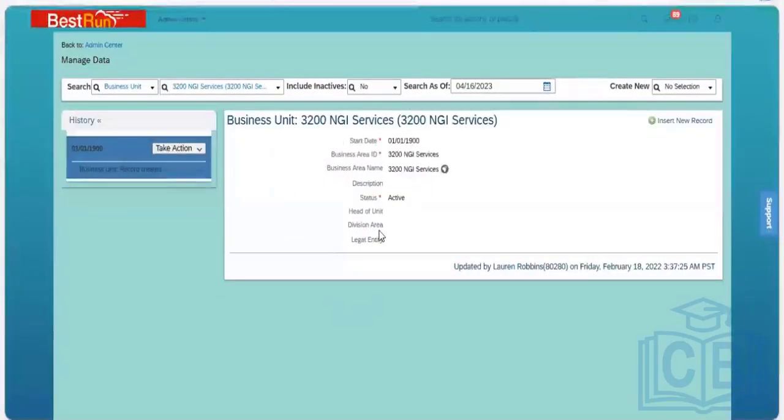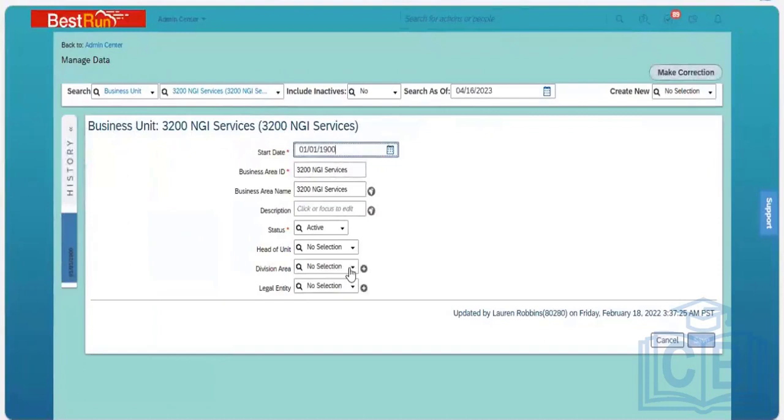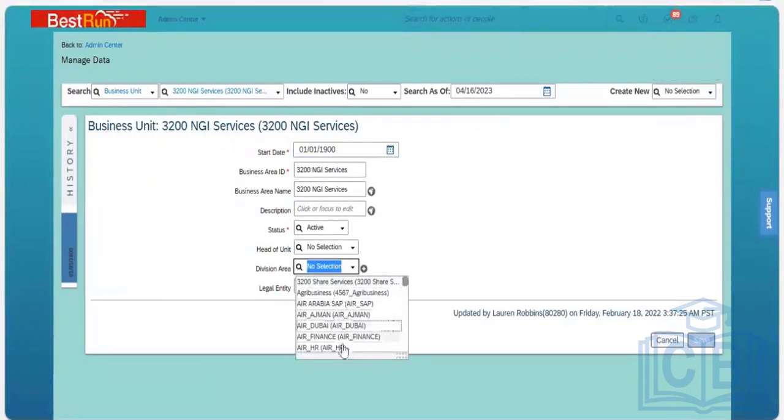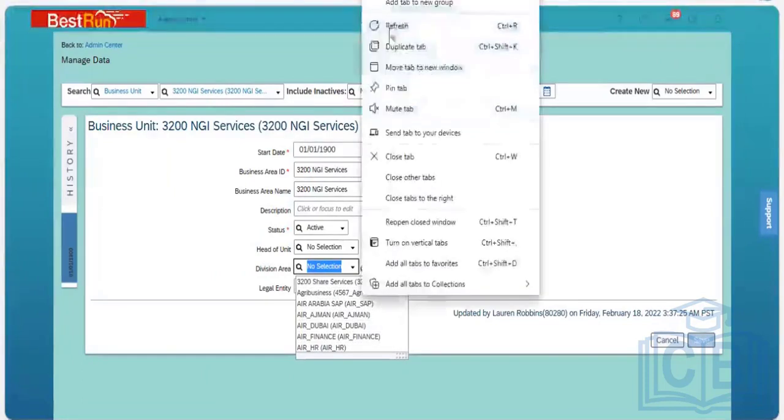Now again you can see division area. A new custom field. When I go into that field, the values are coming from where? From the division. Okay. So when I duplicate this screen, if I want to